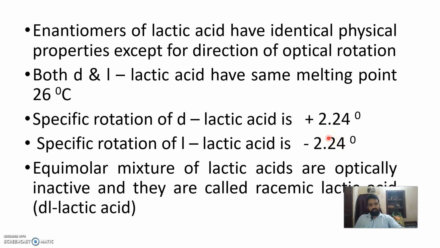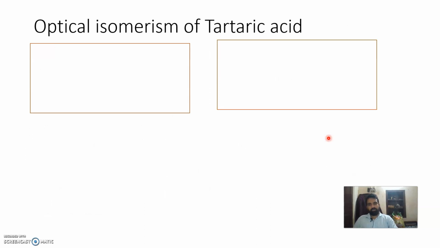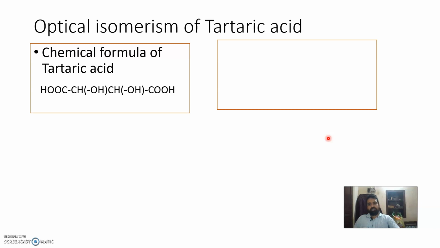Okay, so if you have taken equal concentrations of L and D lactic acid, then it is called racemic lactic acid or DL lactic acid, equal amounts. Next is optical isomerism of tartaric acid. Okay, let us see what tartaric acid is. Tartaric acid has the formula